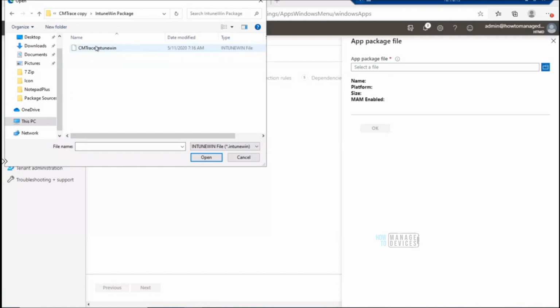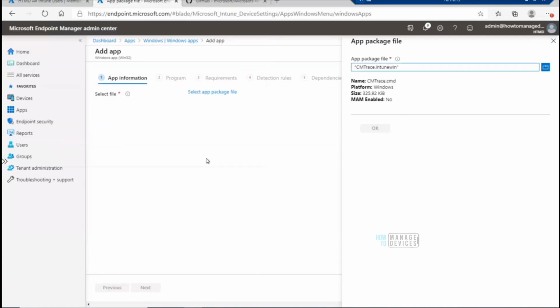I'm going to select this particular file. There's something wrong with that package, that is why this OK button is not enabled.